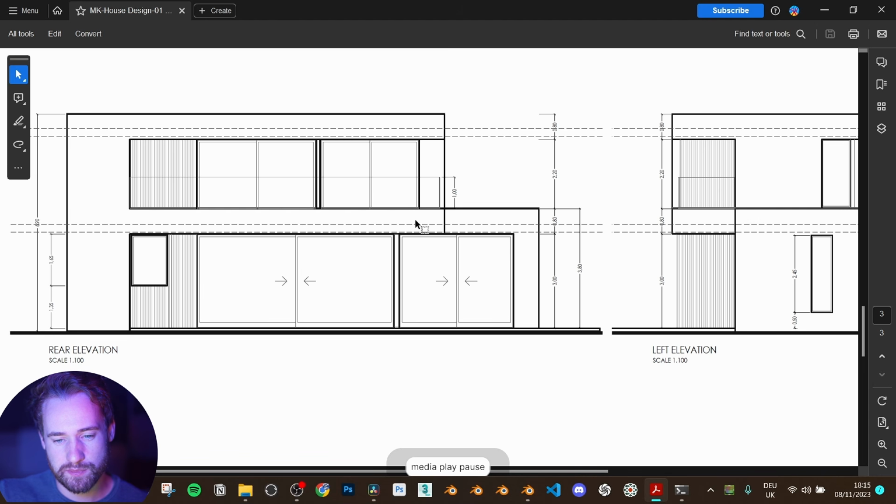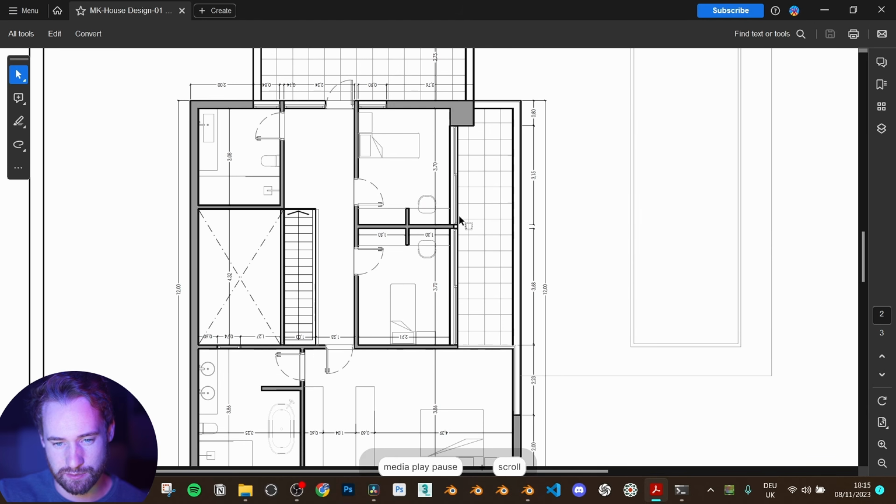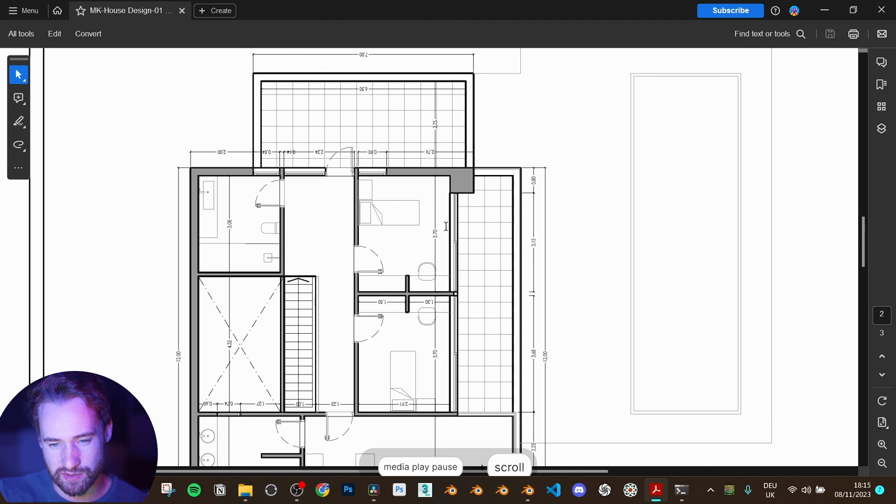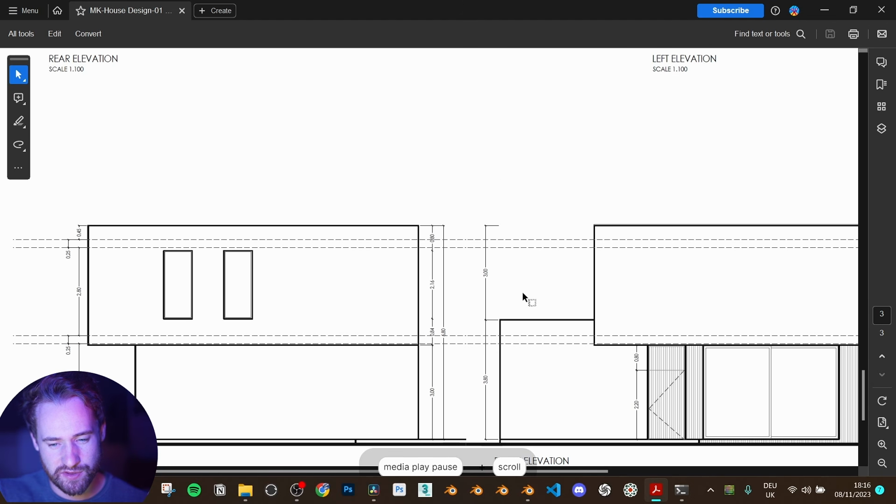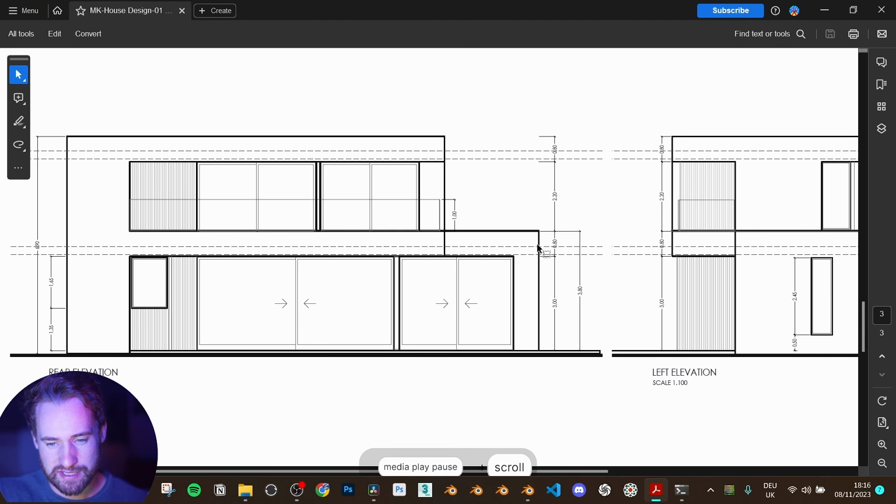Yeah, so the balcony will start about here and then go up to the edge of the balcony, which will be this section. So this step might be like 15 centimeters, then this might be another 15 centimeters, so that'll be 30 in total. But I think I'm just gonna move this down to this level and then just make this